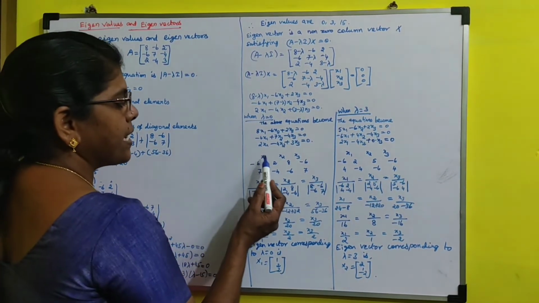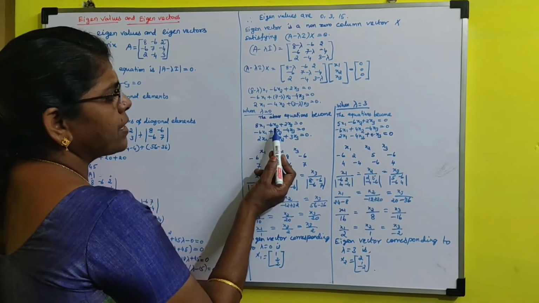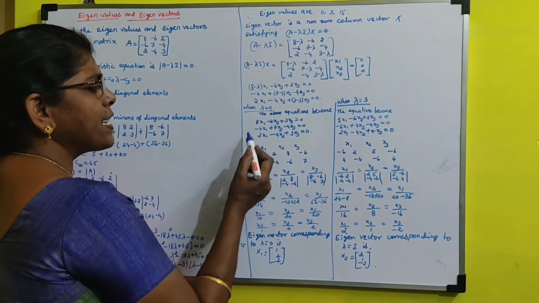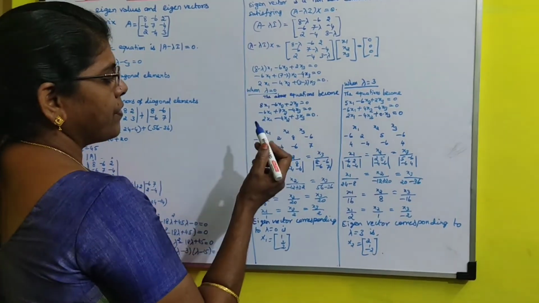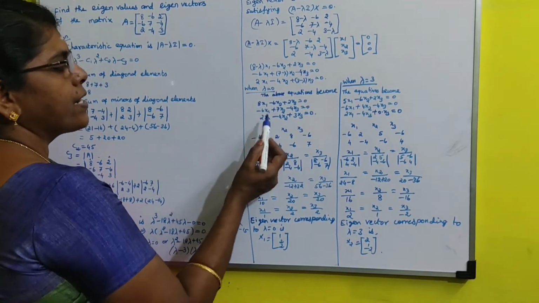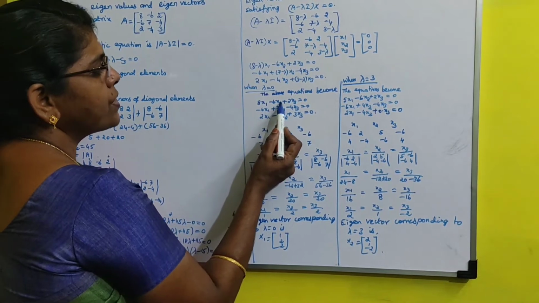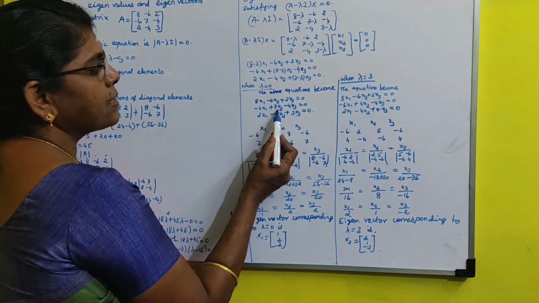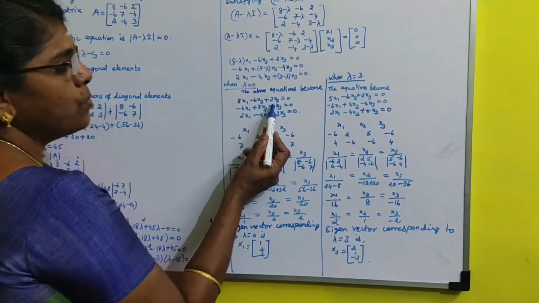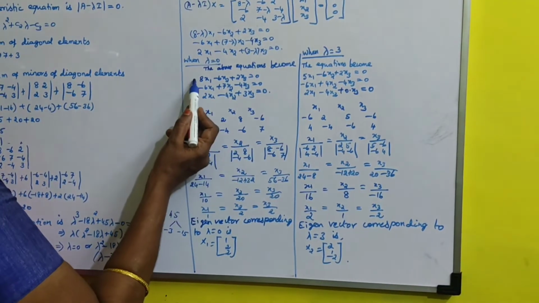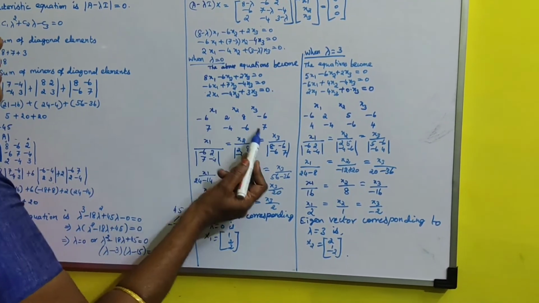For that, first take x1, x2, x3. You can take any two equations from these three equations. I am going to take the first two equations. For x1, we have to start with the coefficients of x2. The coefficient of x2 is minus 6 and in the second equation 7. Next coefficients 2, minus 4. Again you have to come to the first element, 8, minus 6. Again you have to write minus 6 and 7.